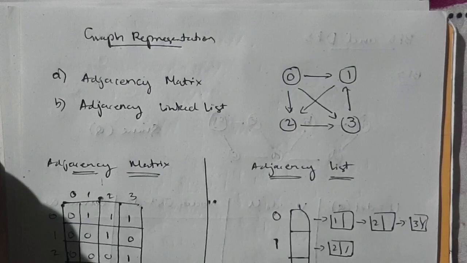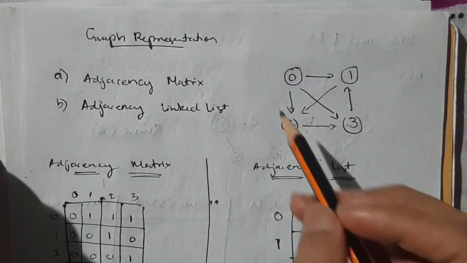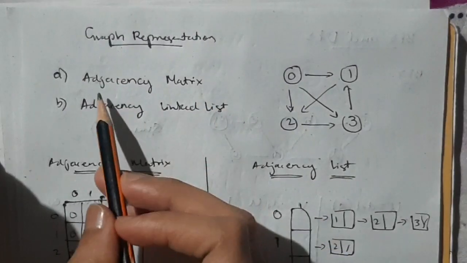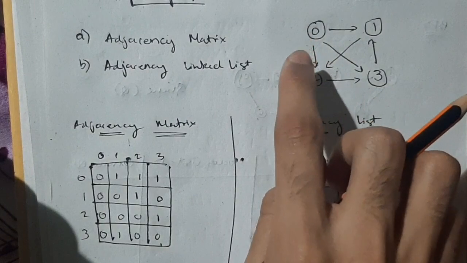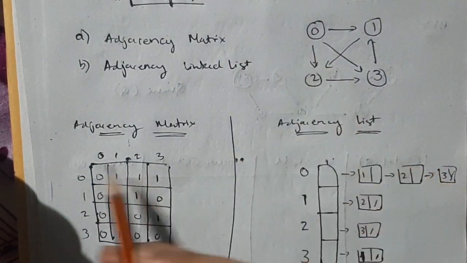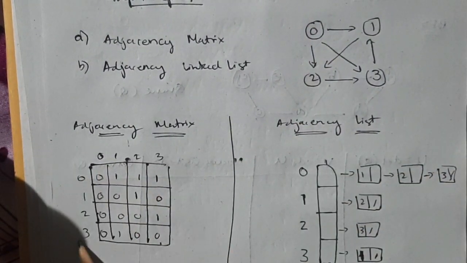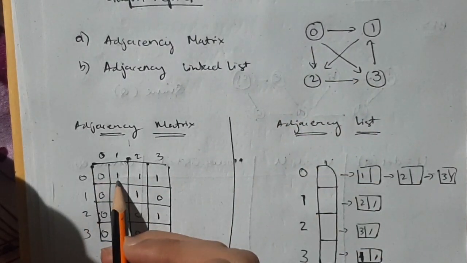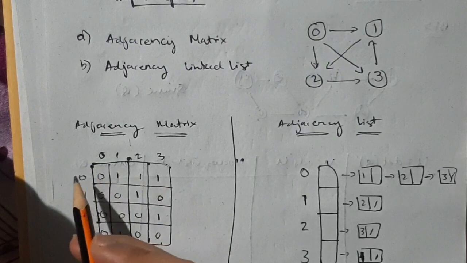If there are a few circles which are connected, that is known as a graph. You can represent it in 2 forms. If they ask you to represent it in matrix form, first observe this graph, and here you will write 4 nodes, 4 nodes here, 4 nodes here. If there is a link, meaning 0 to 3 has a link, right? You will write 1. If it has no link, 0. Like that you will do for the whole.